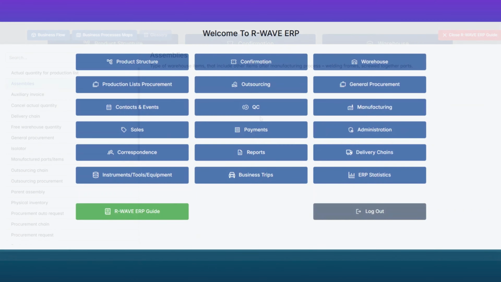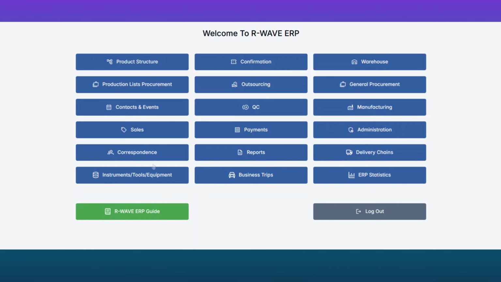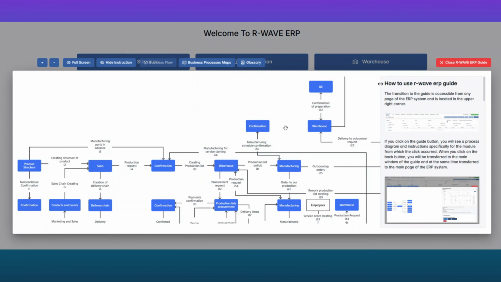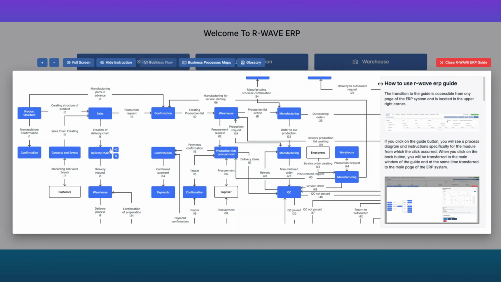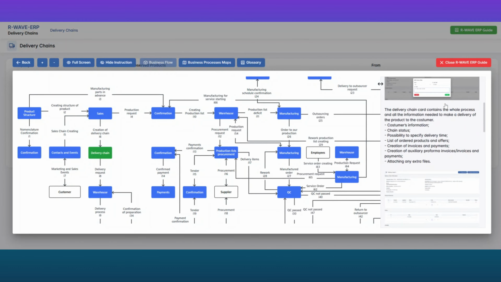Lastly, when already working inside R-Wave modules, we can directly access an interactive step-by-step guide from every page of every module, and it displays specific instructions on how to use the particular module as well as how the selected module